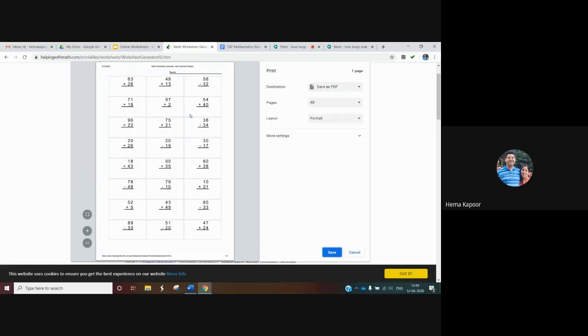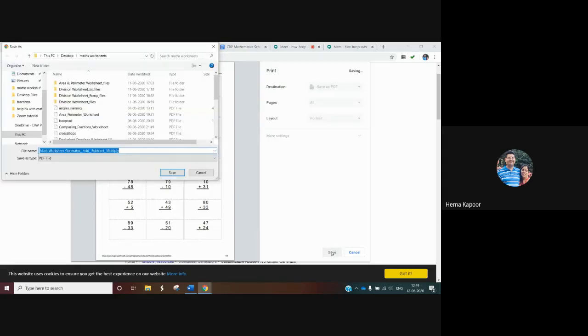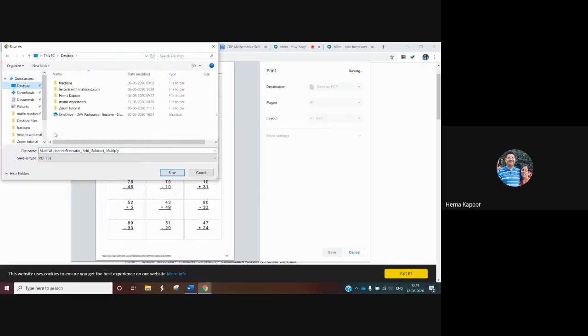and this is how it looks. The student can write their name here, and if I save this as a PDF and click on save, say if I want to save it on the desktop, in the maths worksheet folder, I can go for that.